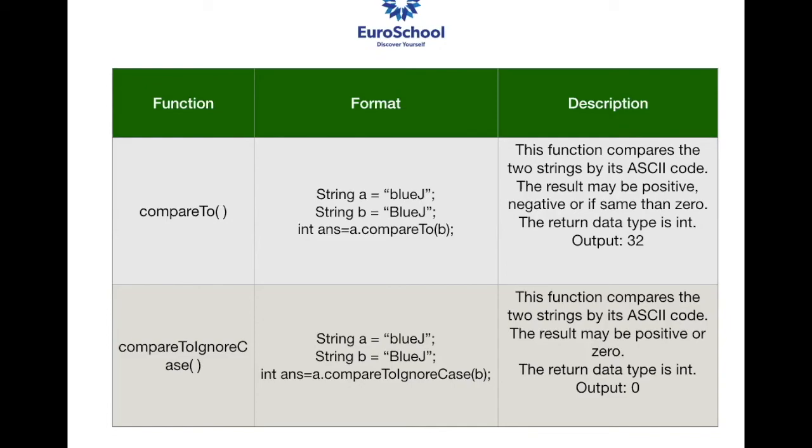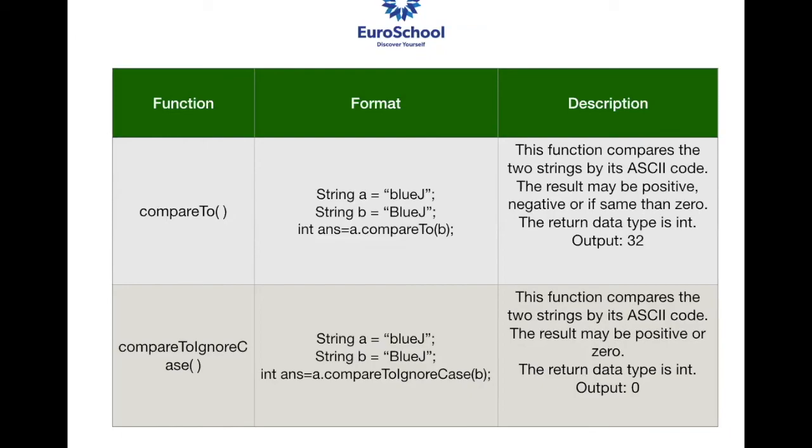If instead of B, let's say it was D, there is a difference between D and B of 2, so it will give the output 2. Okay? Ma'am, another doubt. Yeah. Ma'am, suppose the strings were of two different sizes. Suppose the first one had just 5 letters and the second one had 6 letters. So what would the output be? We are going to solve that. I'll just show you that after this.